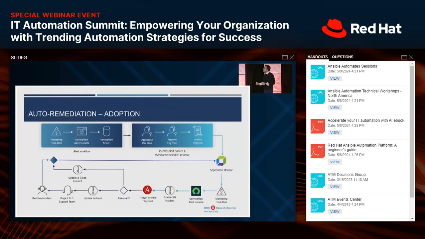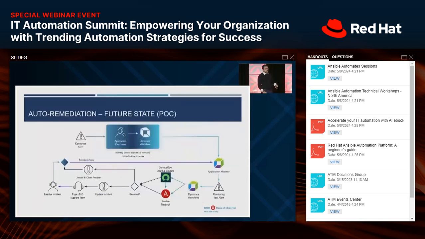So while we know what the problem is, while we have the experts on hand to solve the problem, we are limited by the capacity to build it out and deploy it in a much faster manner. This is where the Dynatrace and Ansible POC comes into the picture. So this is what the future state POC looks like. This is the current POC that we have been testing and building out in the last 3, 4, 6 months maybe.